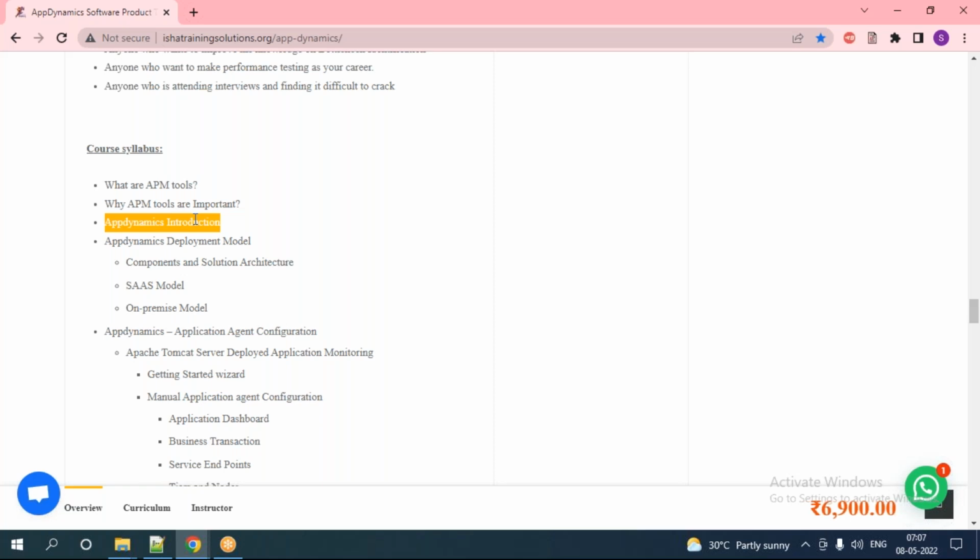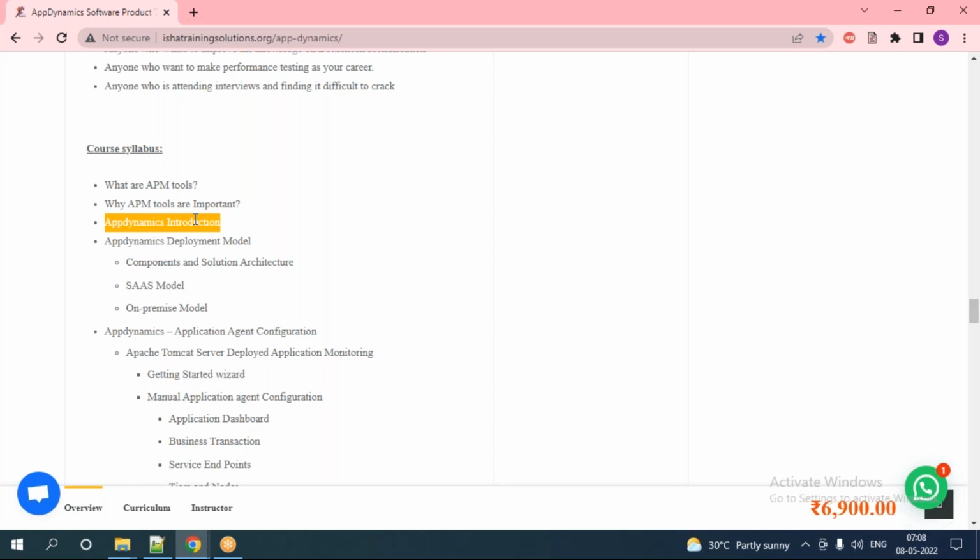You can see AppDynamics is one tool, Dynatrace is one tool, New Relic is one tool, Datadog is one tool, CA APM is one tool, like that. Lot of tools are there in the market. Now we are taking the AppDynamics tool for our learning, because it is a mature tool in the Gartner quadrant, and we wanted to learn this tool, because in industry, if you are going for any interview,